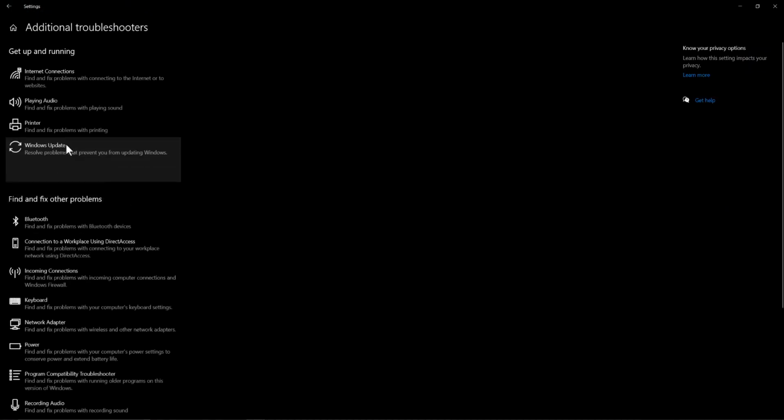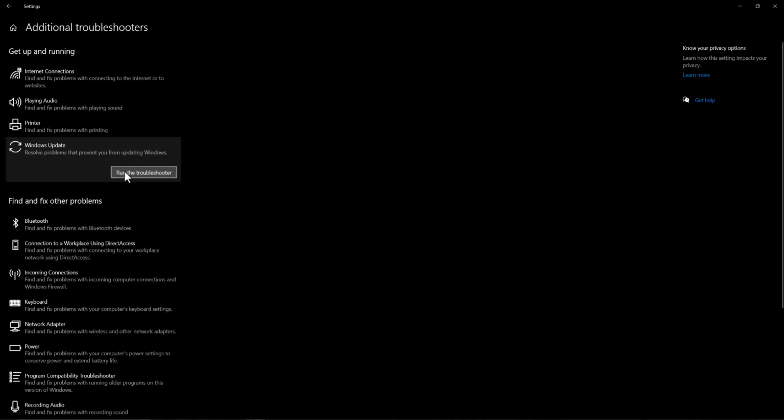Once you click into this, you're going to see this pop up. In here, click into the Windows Update, and literally there's a troubleshooter for Windows Update itself. So you want to run this troubleshooter and see if this fixes it for you. If you run through this and it still doesn't fix it for you, the next thing you want to do